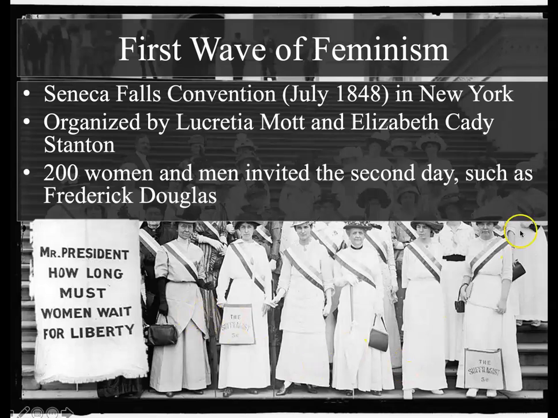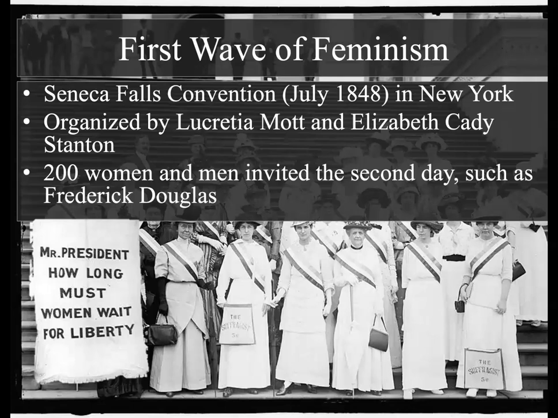We also have great movements like the first wave of feminism starting here with the Seneca Falls Convention in July of 1848 in New York, organized by Lucretia Mott and Elizabeth Cady Stanton. On the second day of this convention, 200 women and men were also invited. These women are calling for equality of women and men before the law, property rights for married women, acceptance of women into institutions of higher education, the admission of women to all trades and professions, equal pay for equal work,